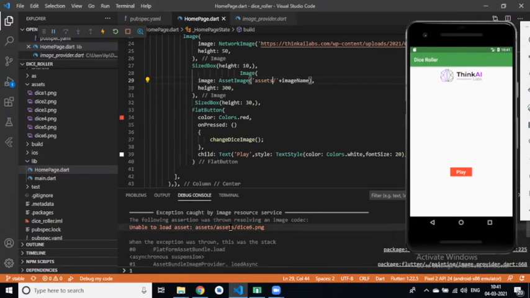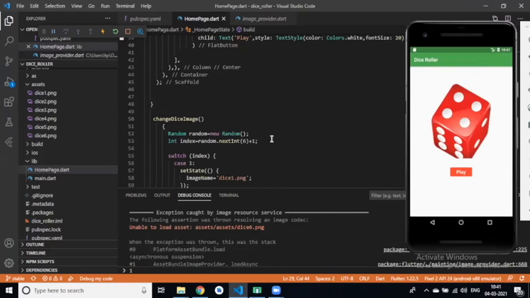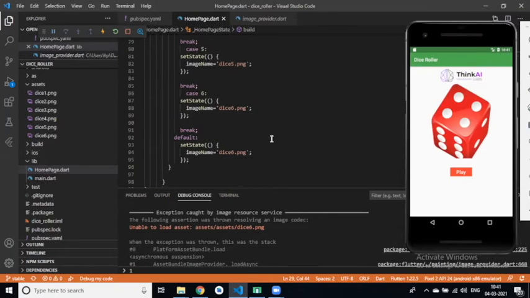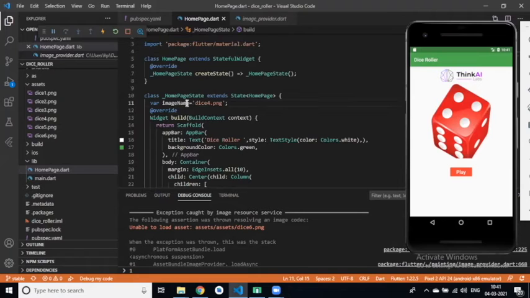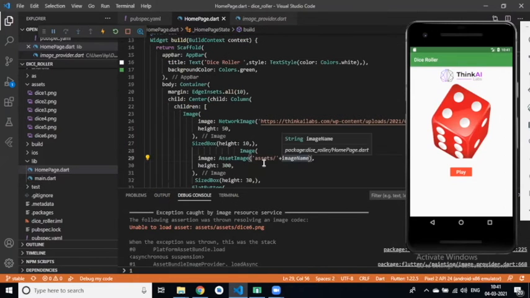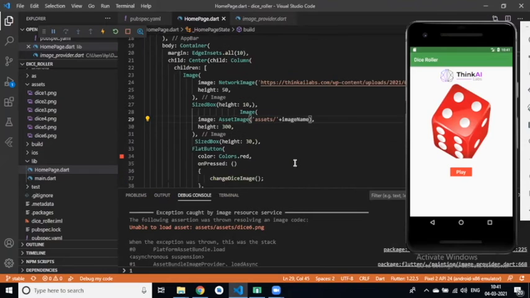Oh, where I have defined assets dice6 twice. I think it's in the default case. No, not in default.